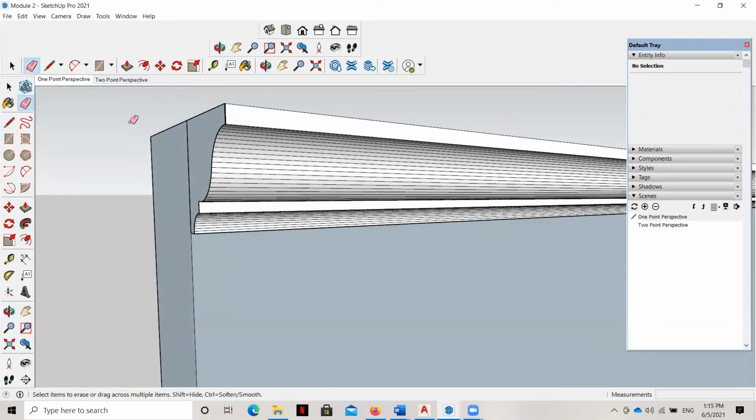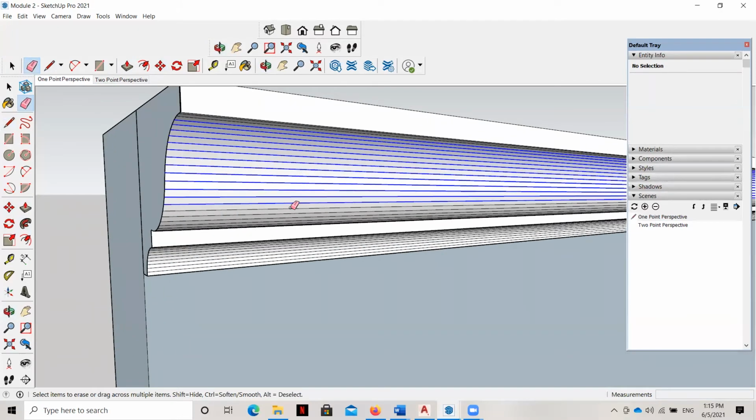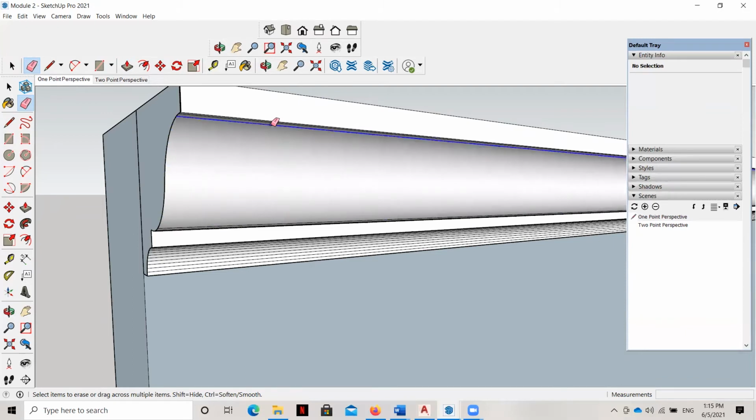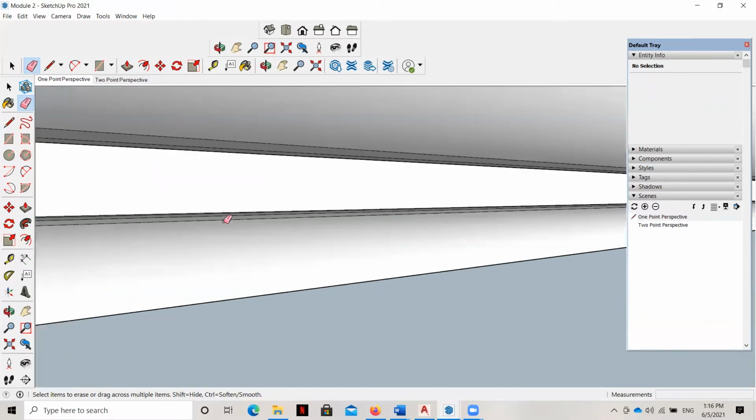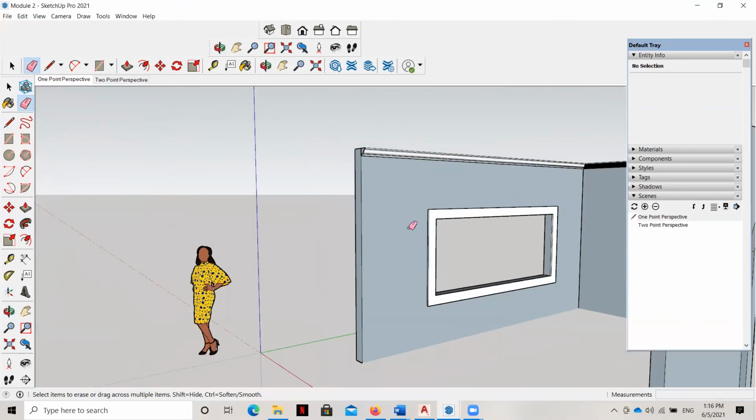So all I do is select my eraser tool and I'm going to hit the control button. And this is just softening it here. So I'm going to click and drag. I'm holding down the left button of my mouse and my control button. And I'm erasing. And see, I can erase here. Oops, that erased the face. Keep my control button down, sorry. It might take a couple passes to go through them all, but just make sure that you are holding down your control button because that's soften versus erasing the entire thing, okay? So that's a command that we can do to get our crown molding in.